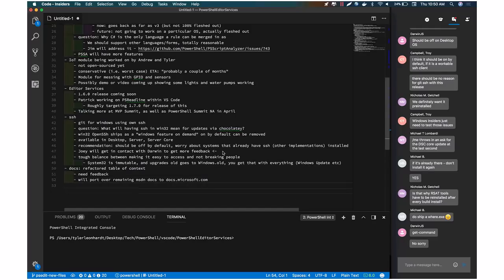There was a comment way up here from Keith Hill about the PSRL. I didn't know what that was. Read line. Oh, PSReadLine. Oh, 2, still on track to make it into 6.1? Yes. So we are,